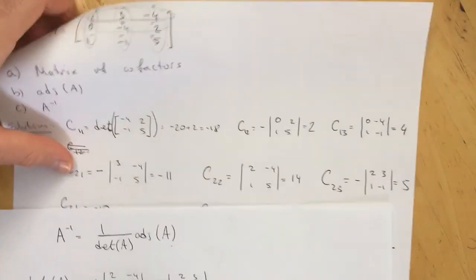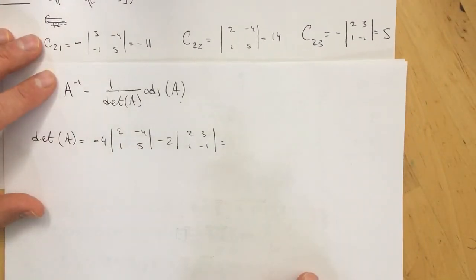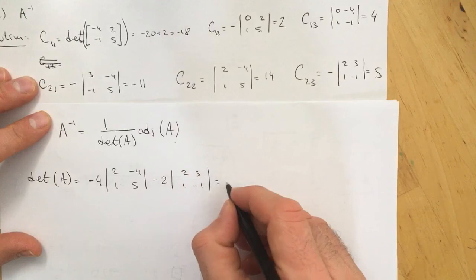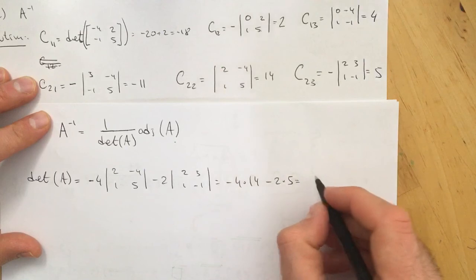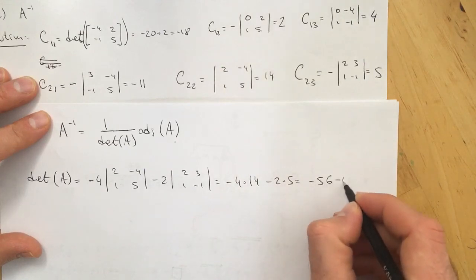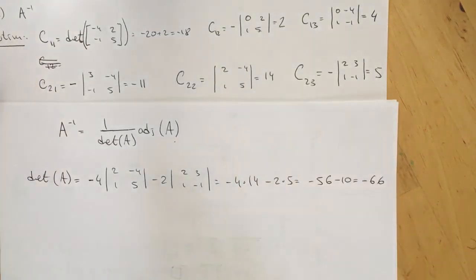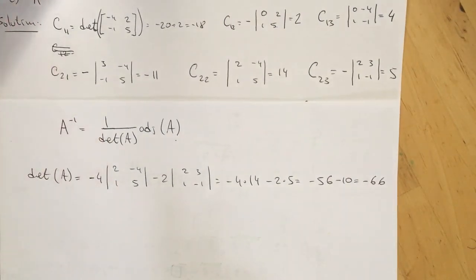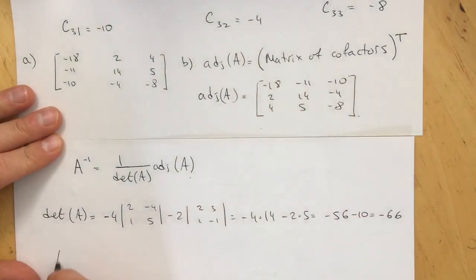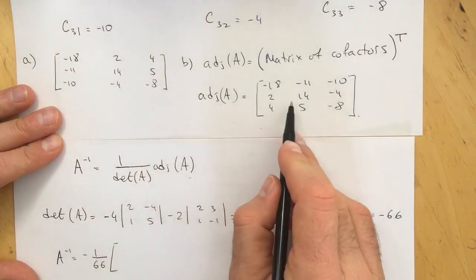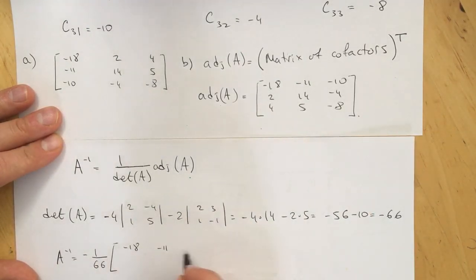But don't forget that we have already evaluated those, right here. So that's negative 4 times 14 minus 2 times 5 is negative 56, if I'm not mistaken, minus 10, that's negative 66. So once you have the determinant of A, then A inverse is simply negative 1 over 66 times the adjoint of A: negative 18, negative 11, negative 10, 2, 14, negative 4, 4, 5,